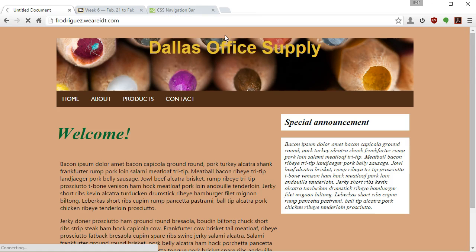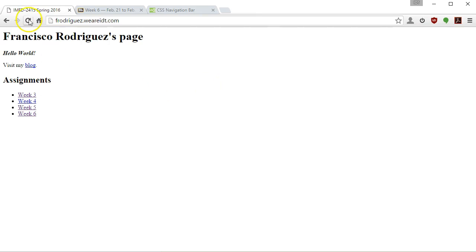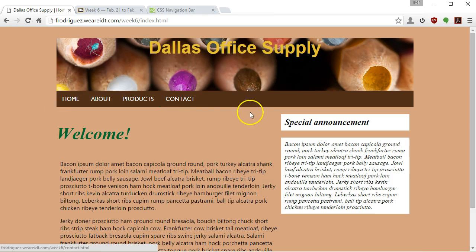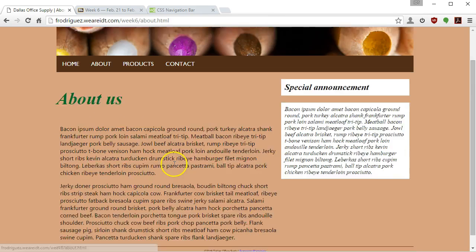I'll get rid of that. I'll go into my regular index, the one with just this listing. Make sure that I reload it to the latest version. Click on week 6. Here's my page. About, it's about us, products, our products, contact us, and all the pages are pretty much looking the same,